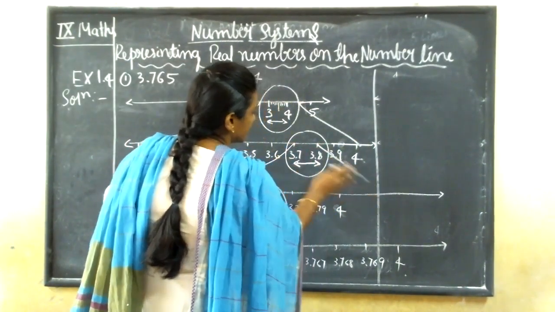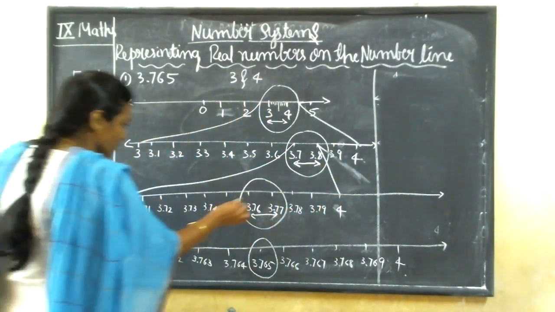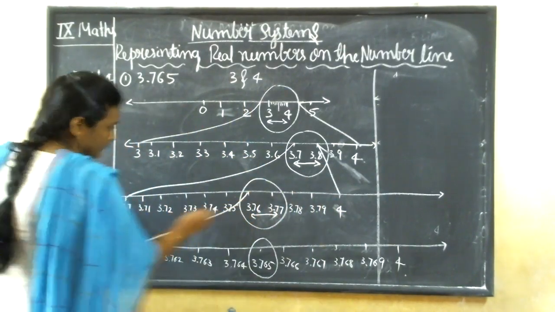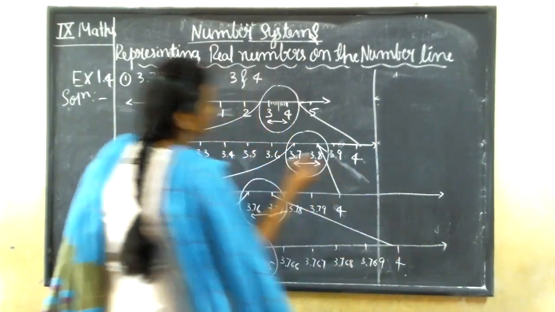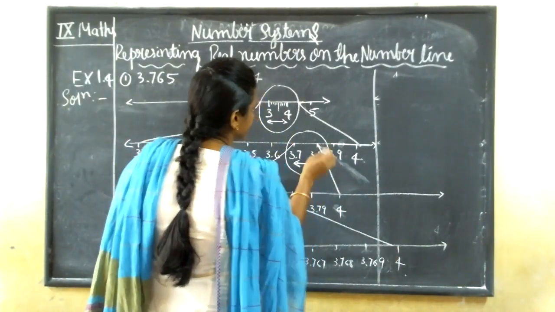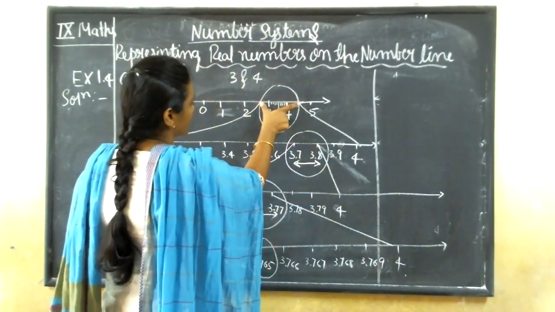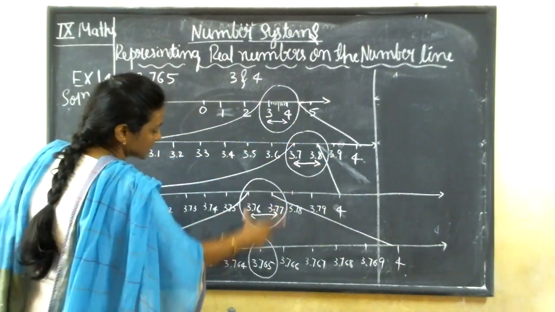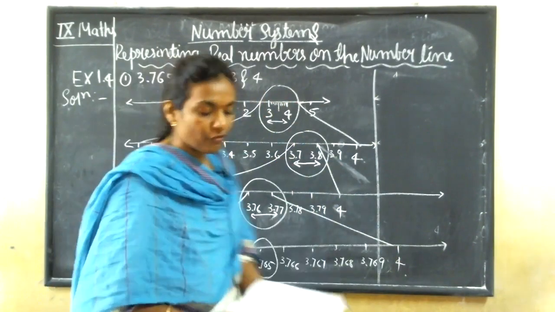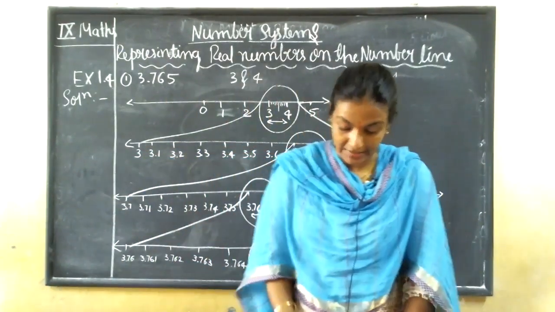You just draw the line straight, guys. Here I can't do that because of the small board, so you do it yourself. Yeah, this is how they showed it in the textbook. You can draw the line like this. It means only this part you are going to magnify here. This part we are going to magnify, and you will get the answer 3.765. This is how you need to do this. Very simple it is.